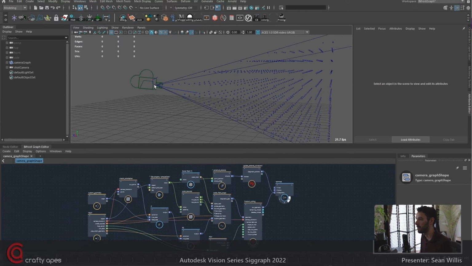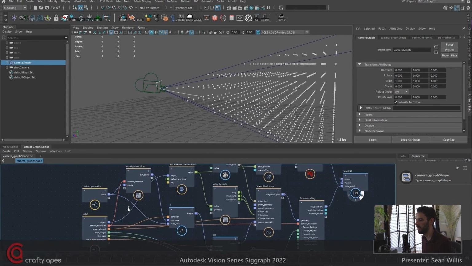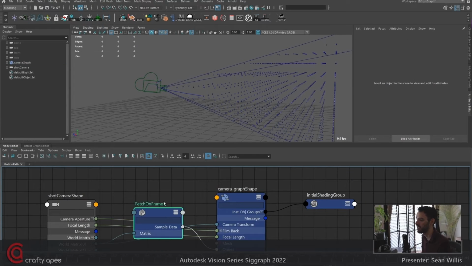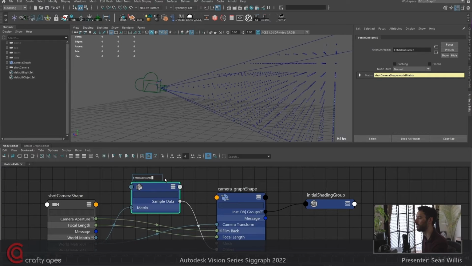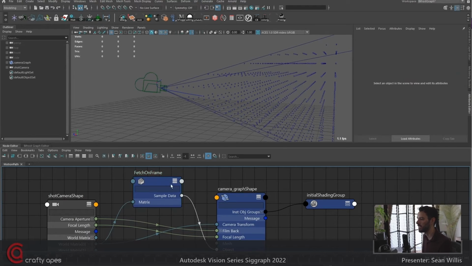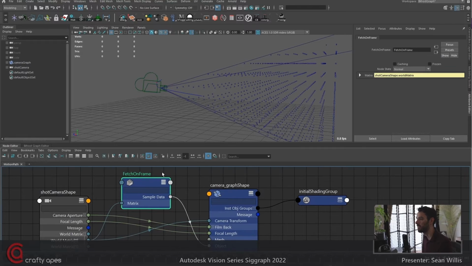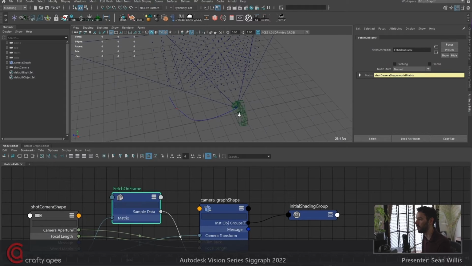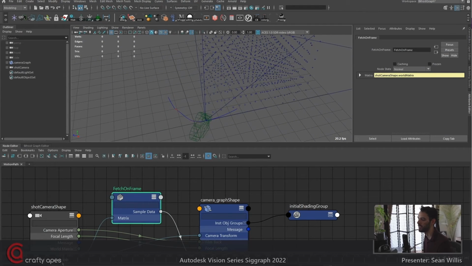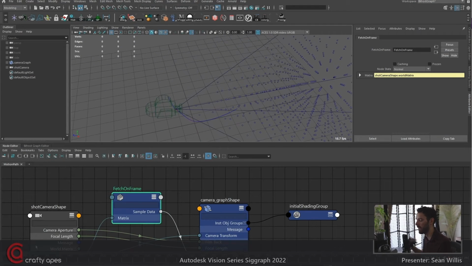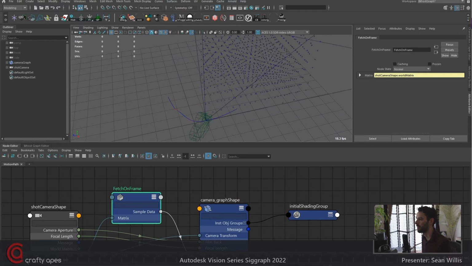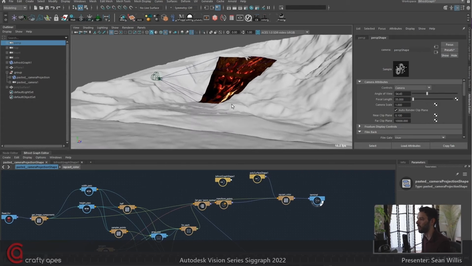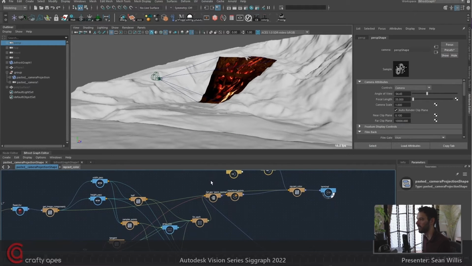The thing that makes this possible, because currently Bifrost evaluates per frame. So you get a frame, it calculates, and it happens. The magic behind this is this custom node called fetch on frame. Not fetch on frame 2, just fetch on frame. And what this does is that it takes an input and it samples it throughout the timeline, and then puts it into a Bifrost object and passes basically time sample data into an array. And then Bifrost can go and grab it all at once, and then for every frame, spit out what's been processed.